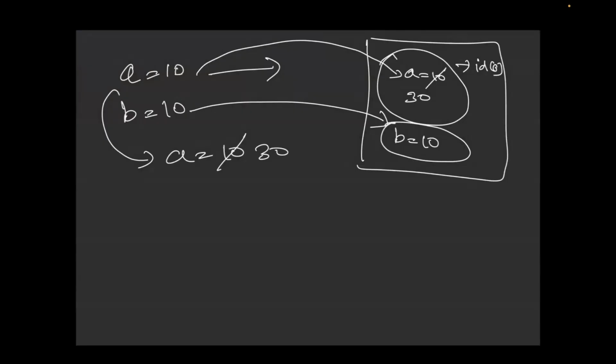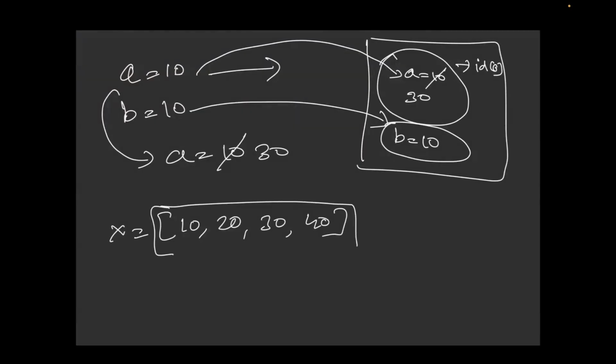Yes. Okay. Now, let me just type here X equals 10, 20, 30, 40. Indexing in Python works in such a way that whatever you have written first is the 0th variable. Whatever you have written in the second position is first. Python will consider the third position as second, and the fourth position as third. Got my point? 0, 1, 2, 3.